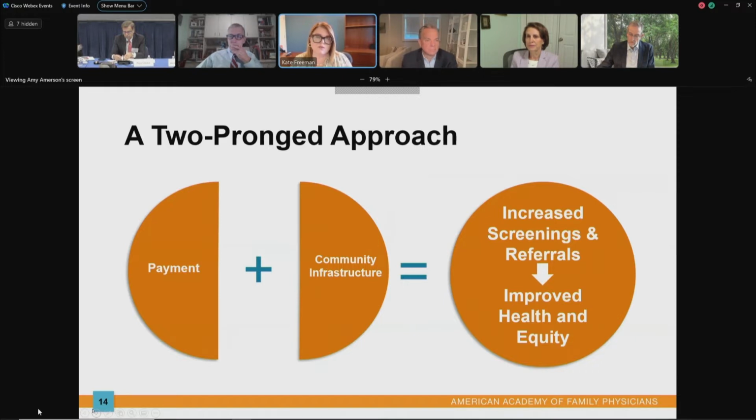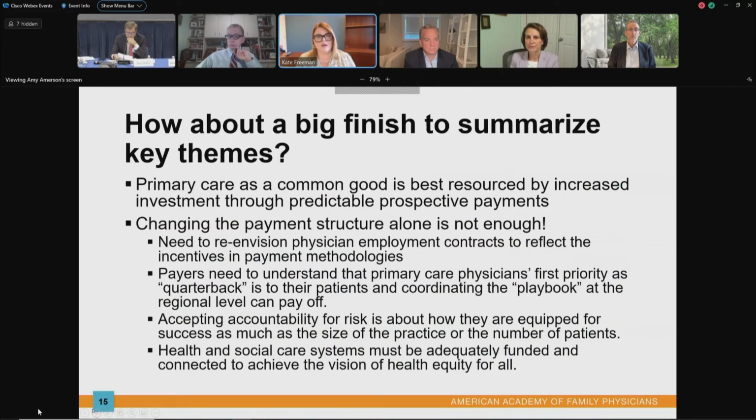And then I would just really like to plug that screening is a care activity that merits payment, both in fee-for-service and in alternative payment models. But I do think that a prospective payment approach really allows flexibility to care for patients in the ways that they need to be cared for. Next slide. So just to wrap up, we believe primary care is a common good that is best resourced by